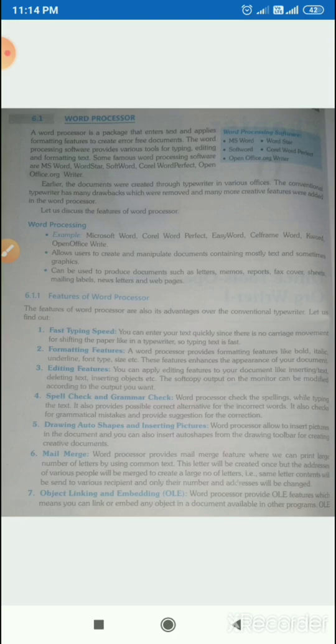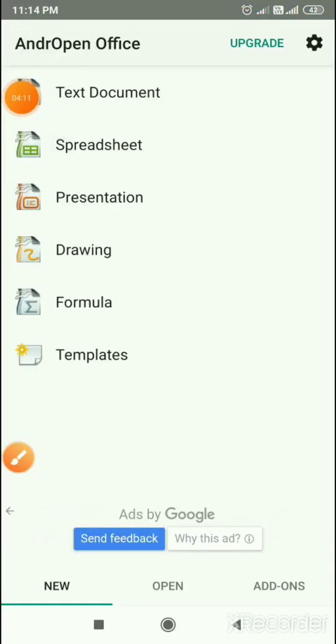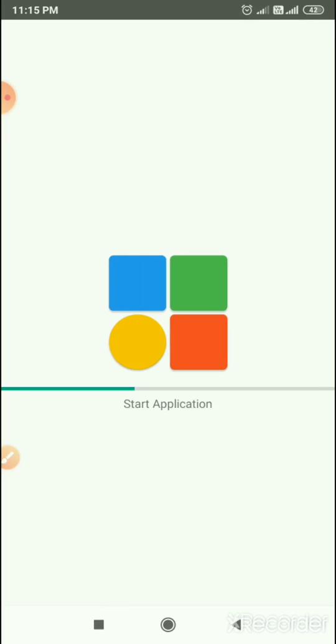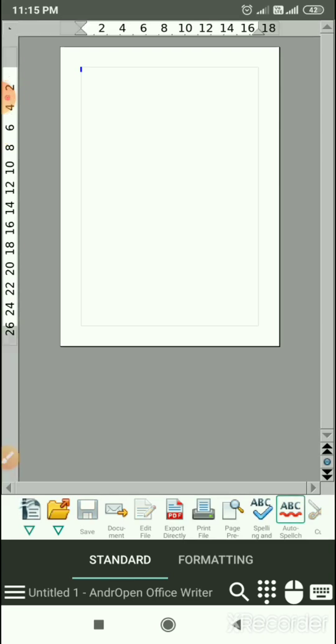So now we will go to that application and we will learn how to use that application. Click on the text document. Yes, this blank page we are having, and this is the empty page in which we can create our text document.